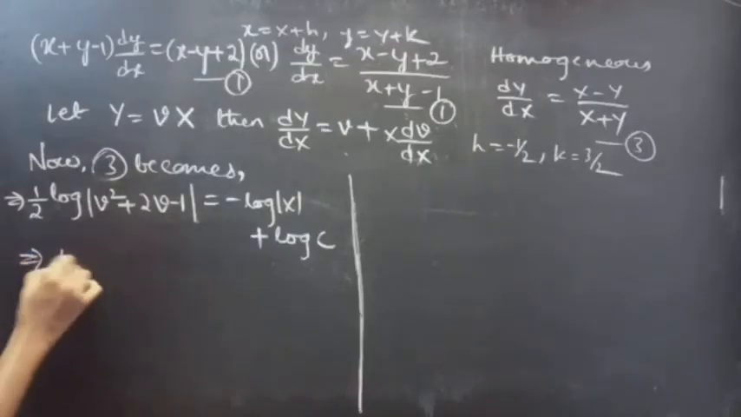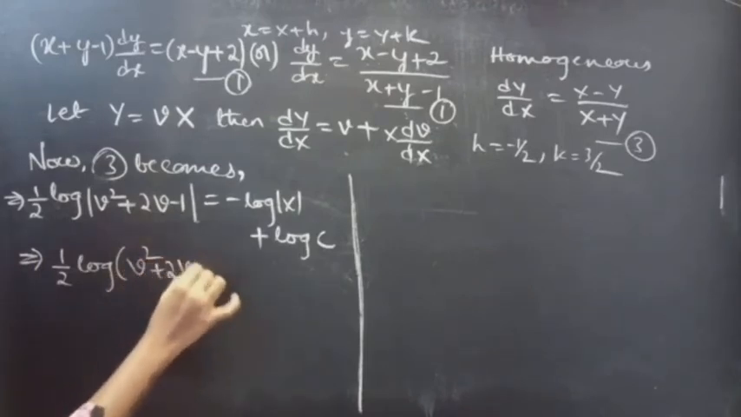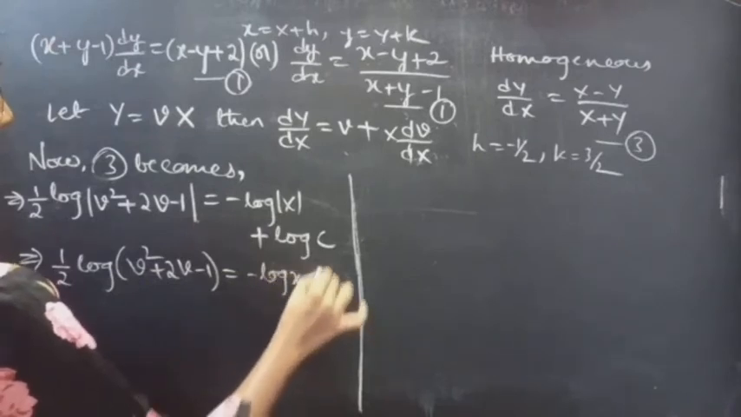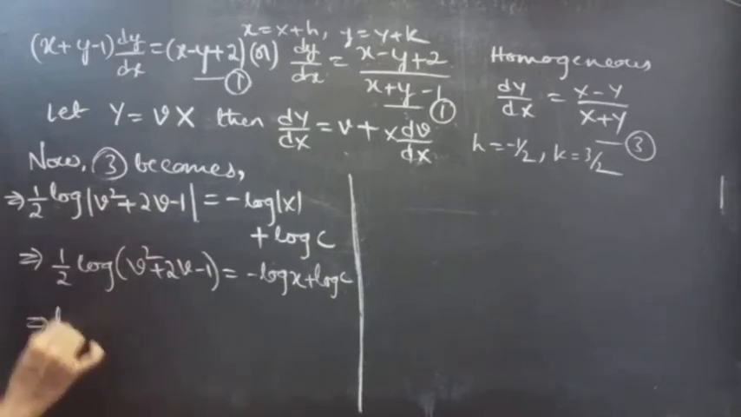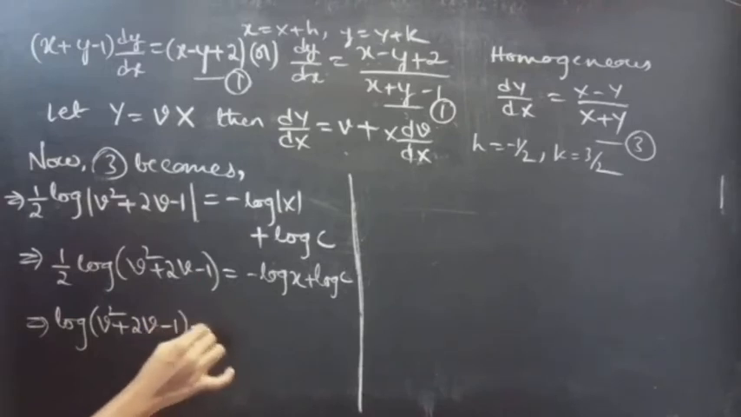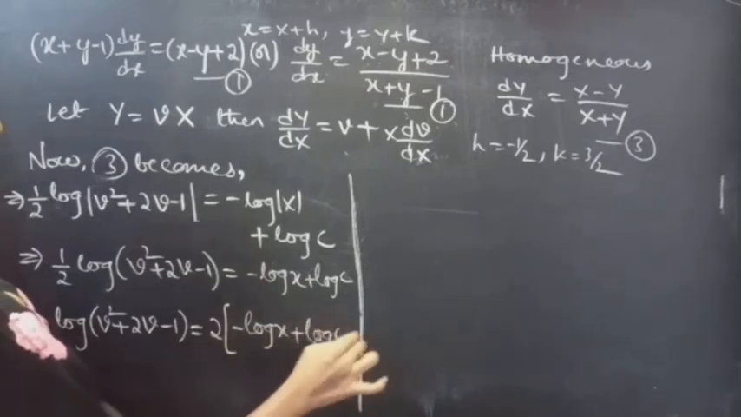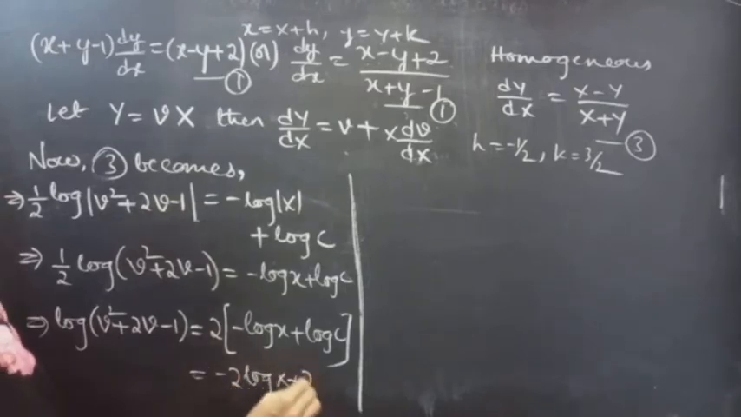You can write this as 1 by 2 into log of v square plus 2v minus 1 equals minus log x plus log c. Now, take this 2 to the RHS, it becomes log of v square plus 2v minus 1 equals 2 times minus log x plus log c, which equals minus 2 log x plus 2 log c. Since we know that